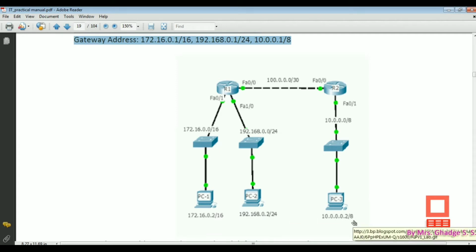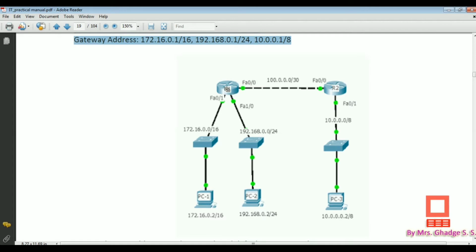Similarly, for the third IP address, 10.0.0.2/8, 8 bits are used to represent the network and the remaining 24 bits are used to identify the host. So these are the various IP addresses, and we are going to see more details of these in our theory lecture. Okay, so let us see how we are going to do this practical.